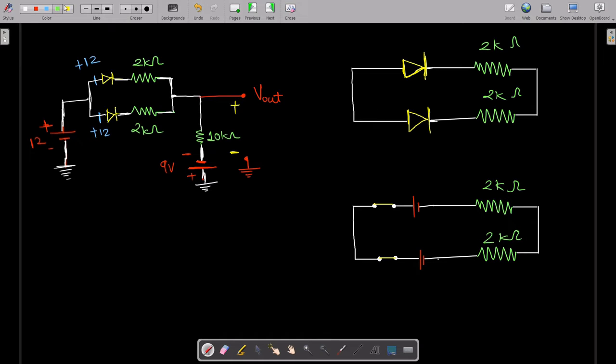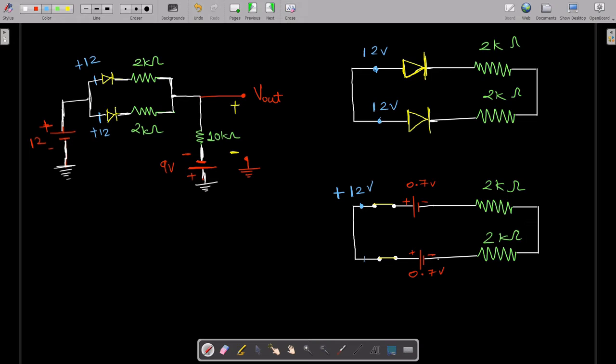Now what will happen: you are giving plus 12 volts over here, so here also it is getting plus 12 volts, and here also it is getting plus 12 volts, correct? Since the diode is in forward bias, it will act as a closed switch, but at the same time it will provide a voltage drop of plus minus 0.7 volt, which is the depletion layer voltage. That means VD is 0.7 volts. And if you can see very clearly, here you are getting plus 12 volts, here plus 12 volts.